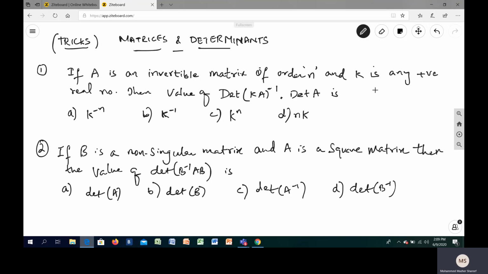So now, determinant of A inverse is nothing but 1 by determinant A. The same thing I'm going to write for my given question. Determinant of kA inverse is given. It means I will have 1 by determinant kA times determinant A. And as I have said earlier, determinant kA is nothing but k raised to n times determinant A, which means determinant A in the numerator and 1 by determinant A cancel. I hope you must have got it now. It is k raised to minus n. So this is our answer.